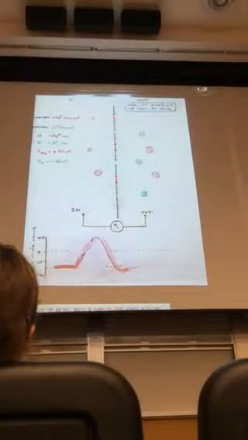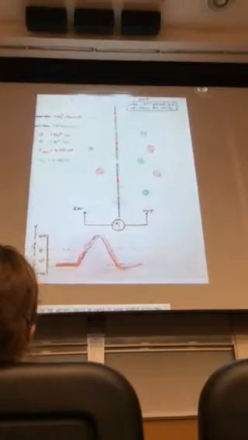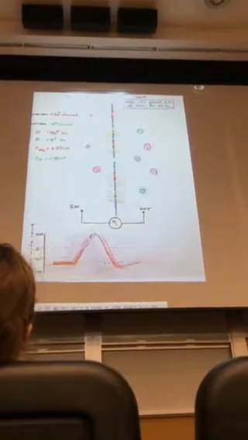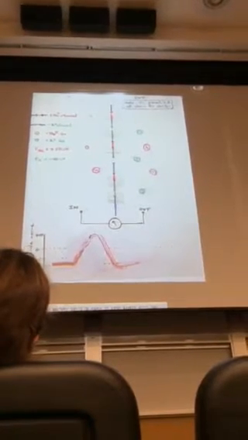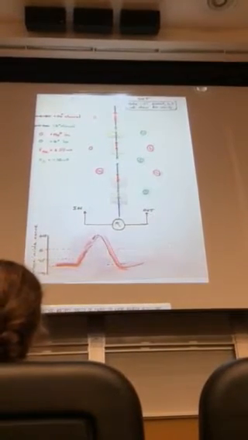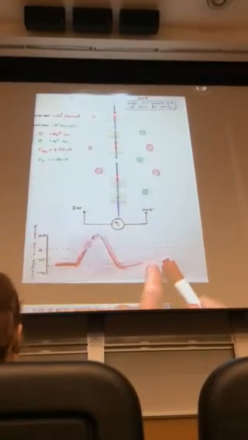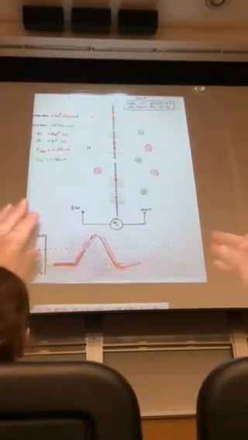We are electrically back at rest. But the sodium channels still haven't recovered from activation. They've opened, they've shut, they're tired out, they need a little bit of a rest before they can open again. So for a short while we have this refractory period, even though the voltage has returned to resting potential, we can't trigger another action